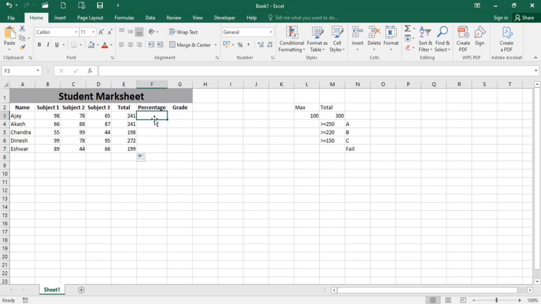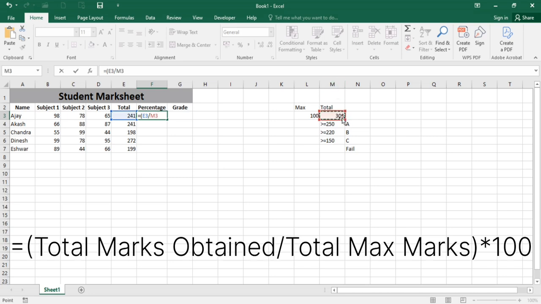So my next option to calculate is the percentage. Now if I want to calculate the percentage, again it should be a formula that I enter to calculate it automatically. All formulas start with equals. So when I want to calculate the percentage, start with a bracket, take the total and divide it by 300, which I have already set as the total criteria for all of the subjects. Close the bracket,